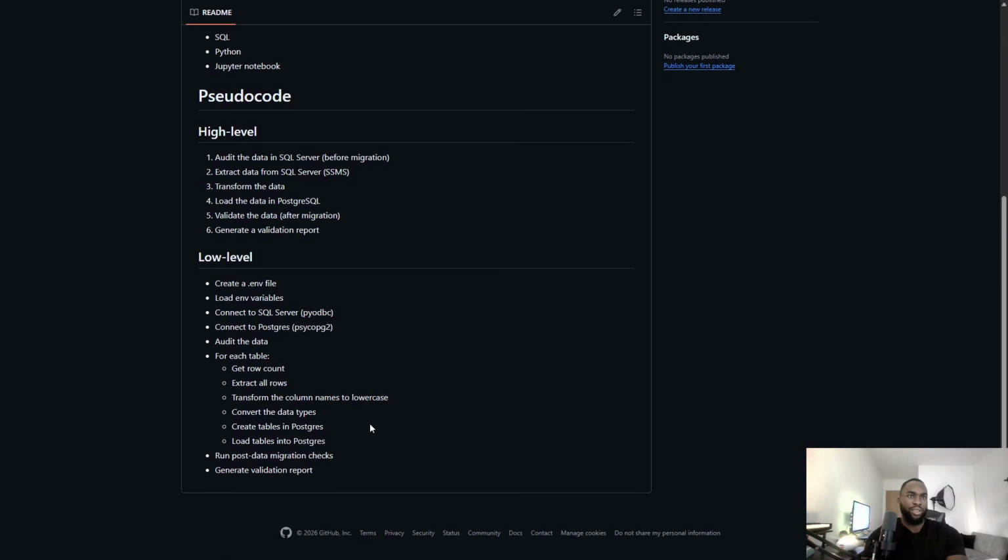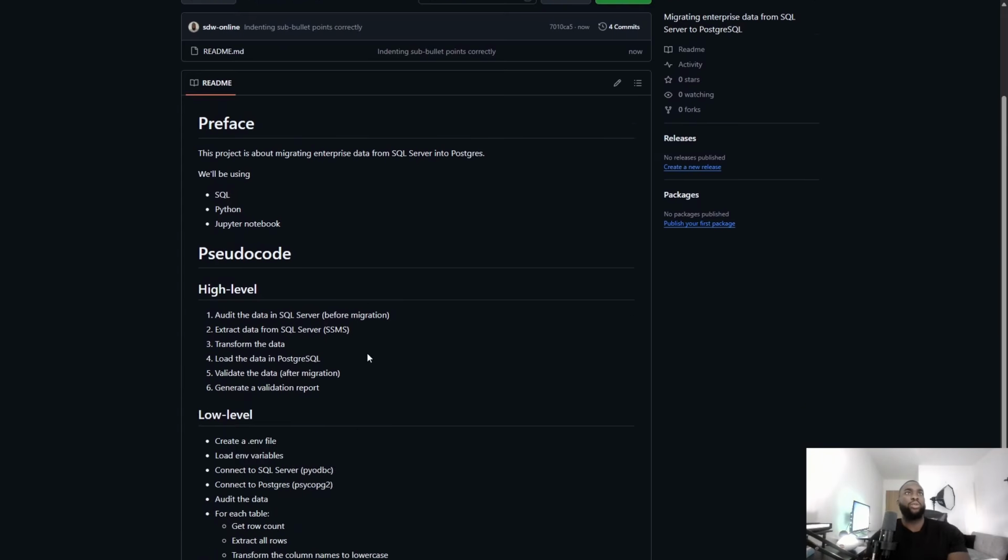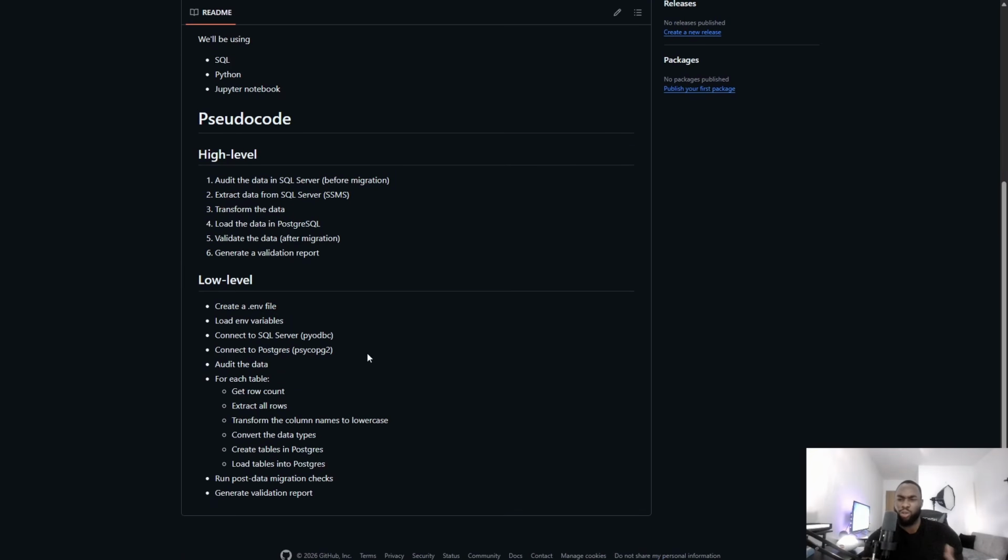Good. So now for each table, we're going to get the row count, extract all rows, transform the columns, convert the data types, create tables in Postgres, and load tables in Postgres, and then run post data migration checks. Okay, awesome. Yep, that's what we want. So we have an idea of how we're going to go about this project, and we're going to start straight